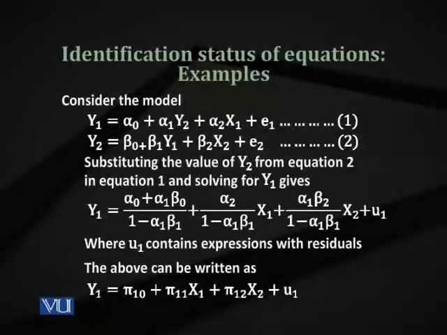So normally we use naught or 0 to identify the intercept, the term without a variable. And we use 1 and 2 as you used alpha naught, alpha 1, alpha 2. So 0, 1, 2, they show the parameter number. So pi 1 naught is the intercept of the reduced form equation belonging to the first equation. 1 means first equation, 0 means the initial parameter. Pi 1 1 will symbolize pi related to the first equation, and the second one shows that it is parameter number 1, in fact the second parameter. So pi 1 2 will show pi of the first equation and parameter number 2.